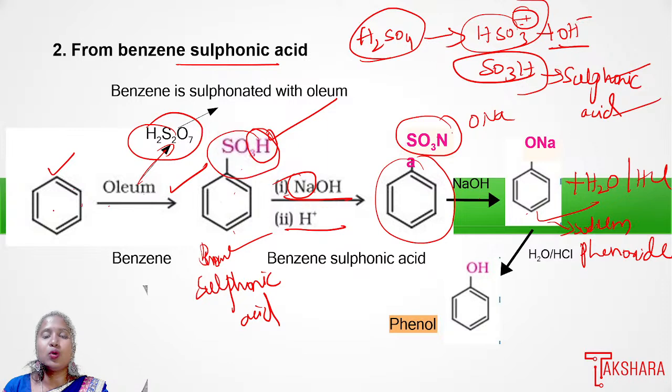Benzene with SO3Na, sodium sulfonic acid, we will get. Benzene sodium sulfonic acid we get. We can also call this an adduct. We call this the sodium salt of benzene sulfonic acid. If we treat it again with sodium hydroxide, no, here